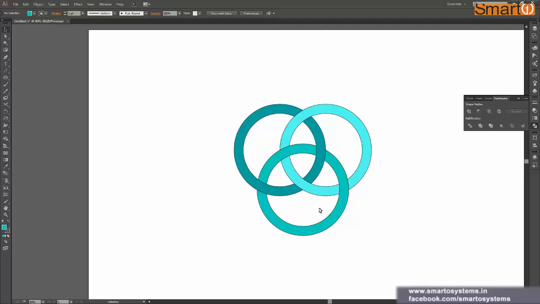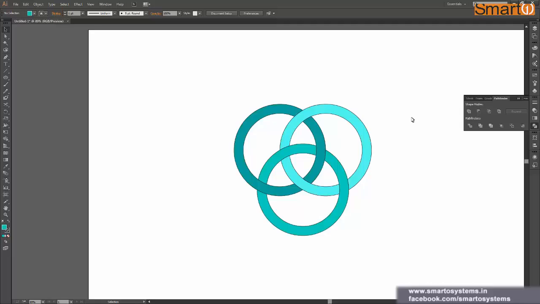to make you understand the power of the shape builder tool. And I would suggest you go ahead and practice this example by yourself. Just create two concentric circles and duplicate them in any way you want, and then try to make them look like they are passing through each other using the shape builder tool. That way it will help you a lot in learning that tool.